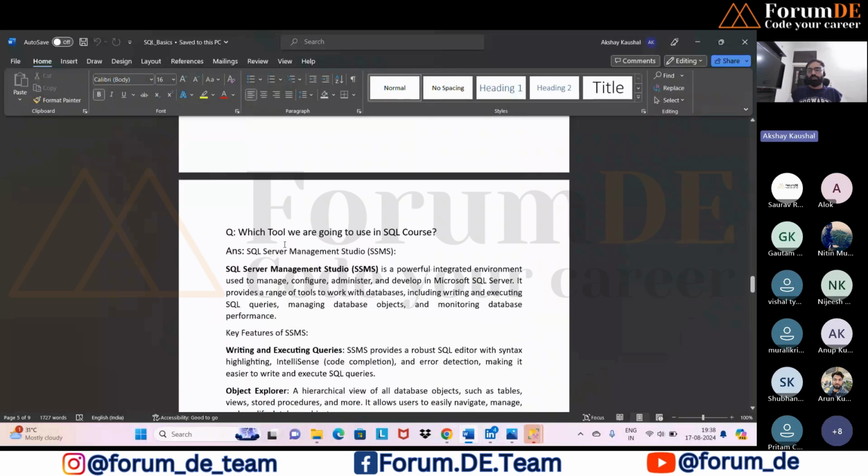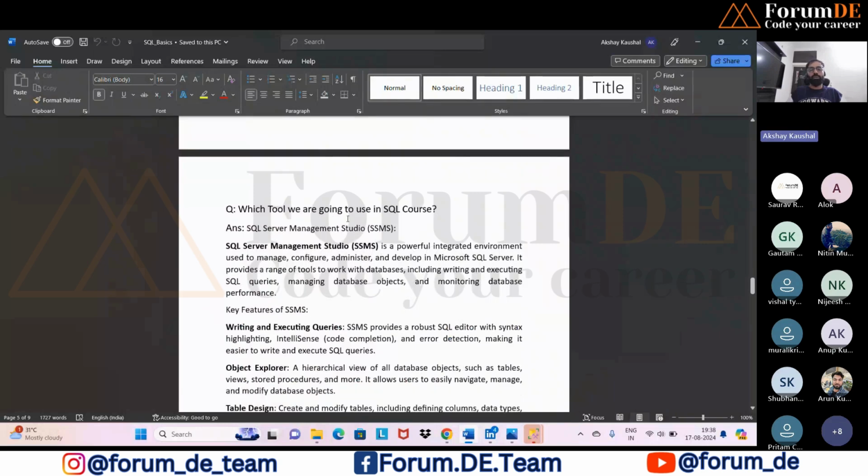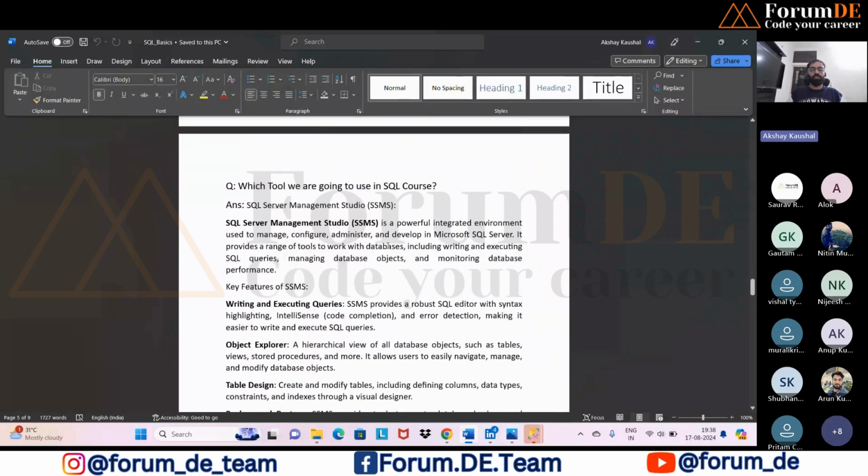So let's continue. Which tool are we going to use in the SQL course? Like I mentioned, we are going to use SQL Server Management Studio. It's a tool from Microsoft. It's a powerful integrated environment tool used to manage, configure, administer, and develop SQL Server. It provides a range of tools to work with databases, including writing and executing SQL queries, managing database objects, and monitoring